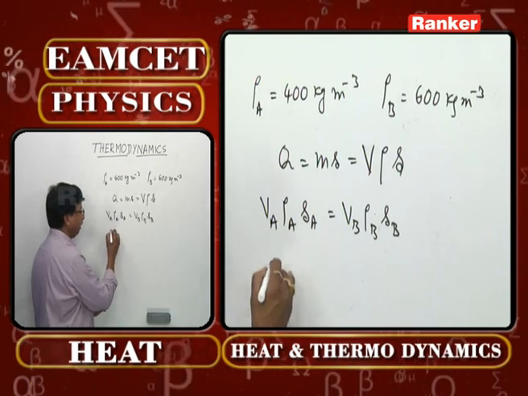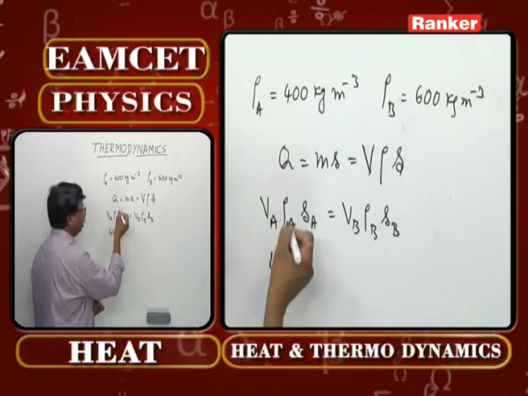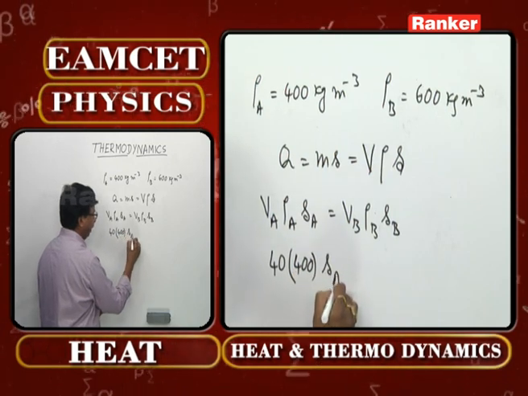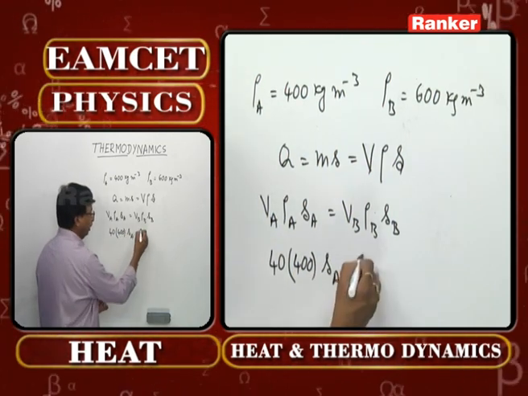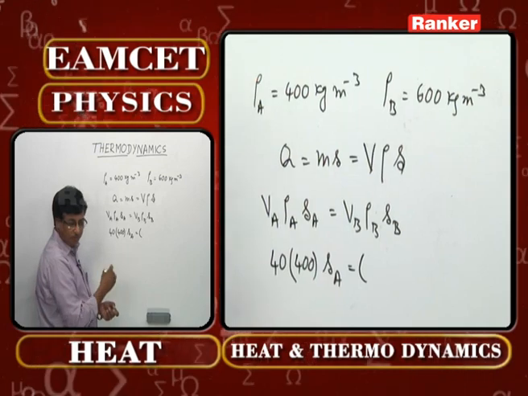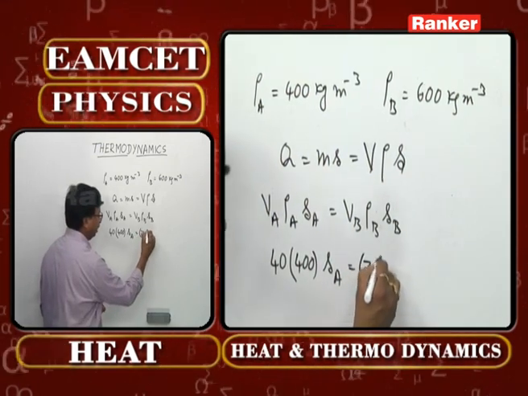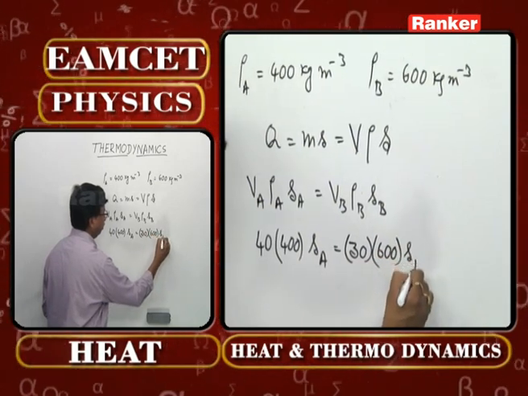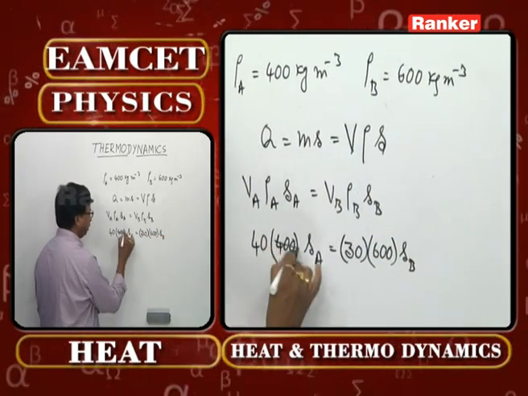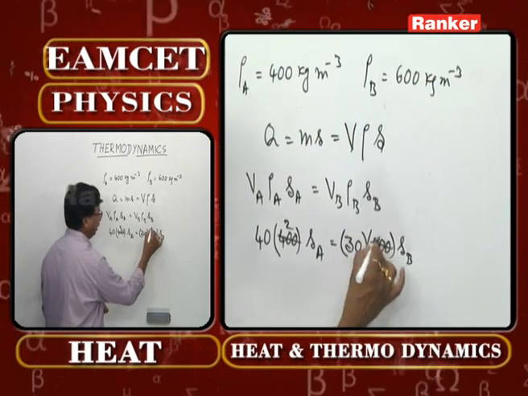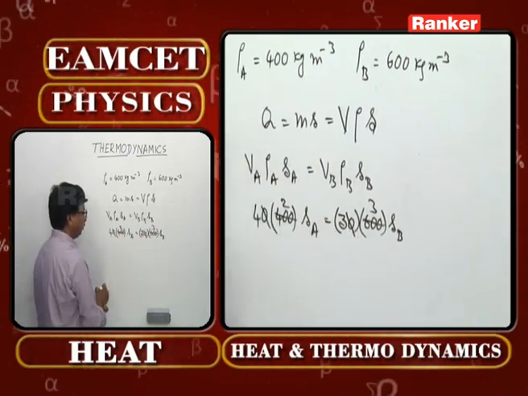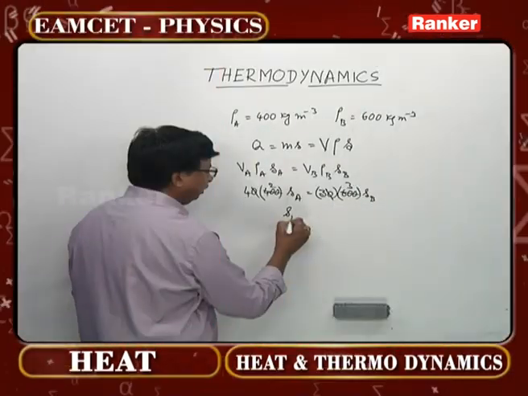It is 40 cc, into what is rho A? It is 400 into SA, that we do not know, is equal to how many cc of the second one he gave? 30 into the density of the second one, 600 into SB. You can cut 200 twice here, thrice here. This 0 you can cut it off. Now what is left over? SA by